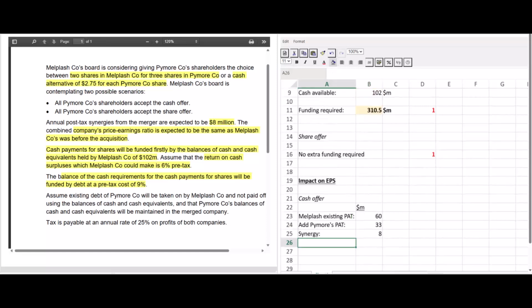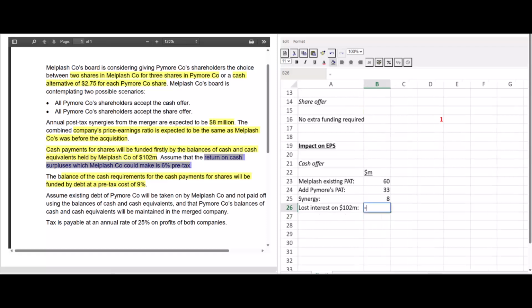So let's start to begin with the interest we're going to lose on that cash. Do you remember it tells us in this exhibit on the left that at the moment they're earning 6% pre-tax on that cash. We're going to miss out on that now. So we need to include that effective opportunity cost as an expense here. So we're going to miss out on 6%. So I'll make it negative. So 6% of our 102 million. But don't forget that was the pre-tax return. So we do need to make that post-tax. So we wouldn't save all of it because we would have saved a bit of tax on it. So just make that post-tax and we end up with 4.59. So that's our lost interest.